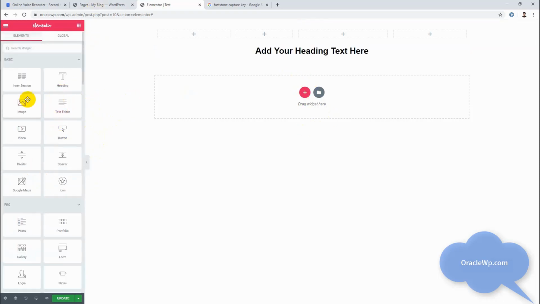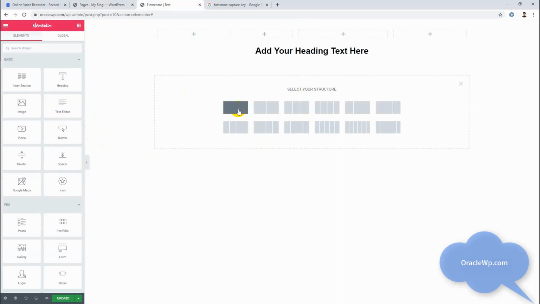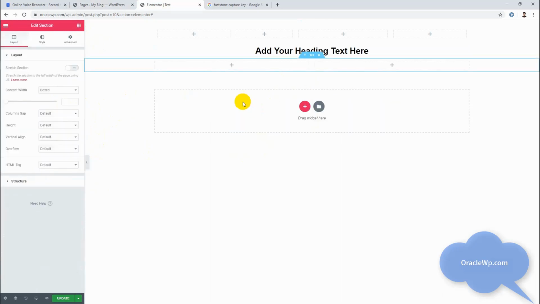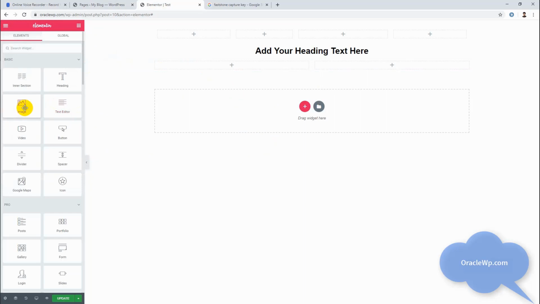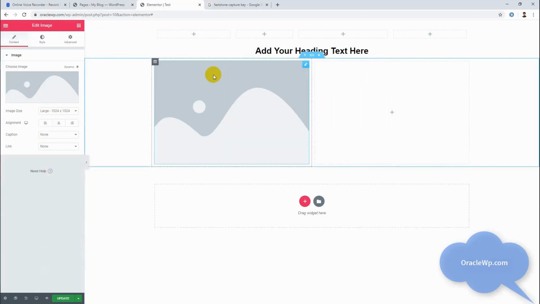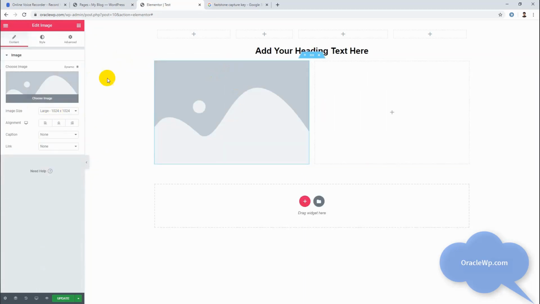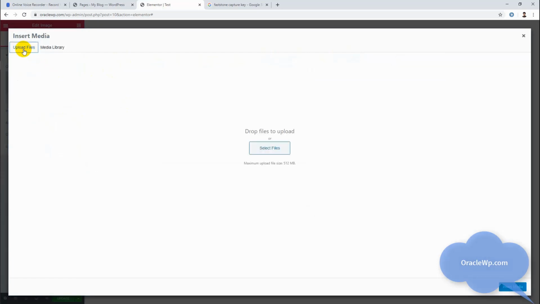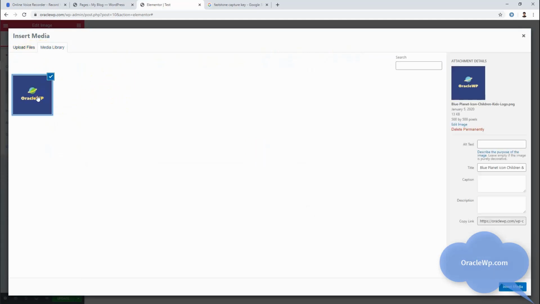The next thing is image. I'm just adding a 2 column row here, and I'm adding an image here. We have the option to choose our image from two options. One is upload and one is media library. I'm selecting this from media library,